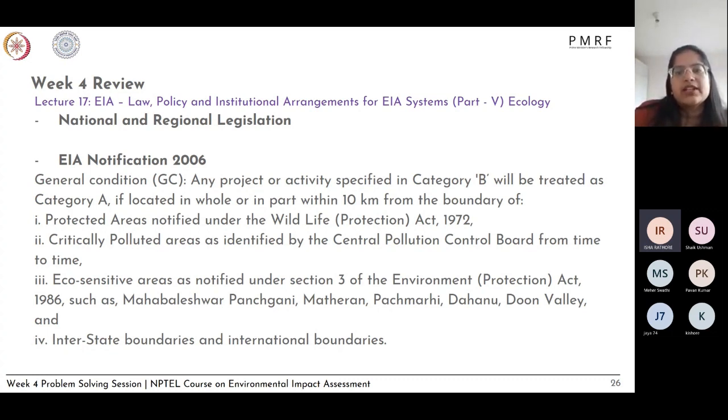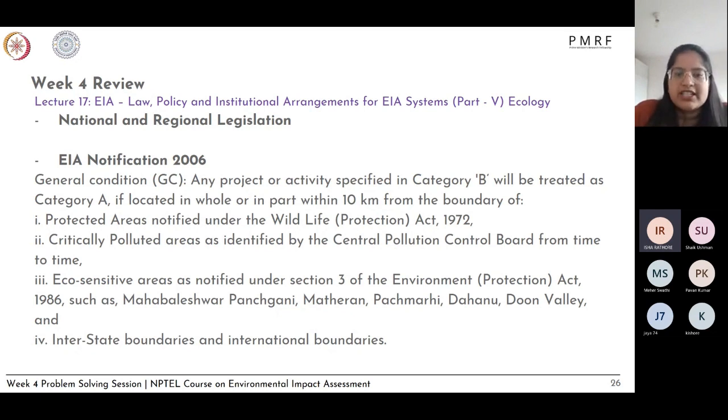So basically, for category B, you do not need a total EIA, but for category A, you need to do EIA. So category B will be treated as category A if it is located in the proximity of protected areas under the Wildlife Protection Act of 1972,